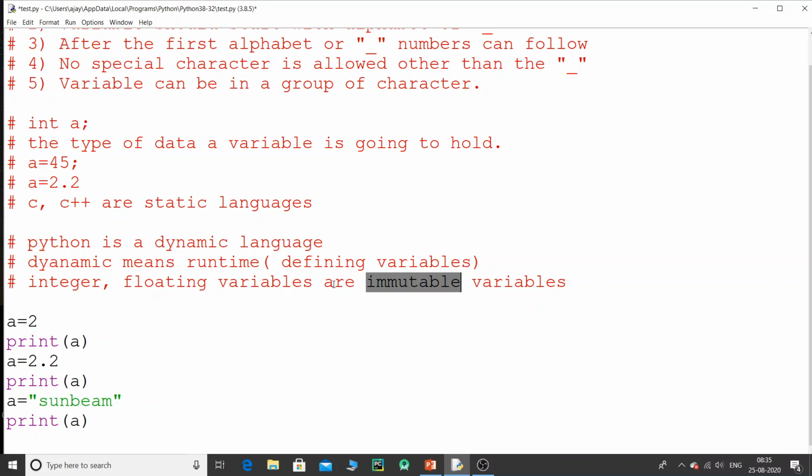Now this is very confusing again, because now we are assigning the value 2 over here, then we are printing it, then we are assigning the value 2.2, which means I have changed the value. So the value is getting changed again. Over here I've changed the value. So why are we saying that integer or floating variables are immutable variables? Now that is because